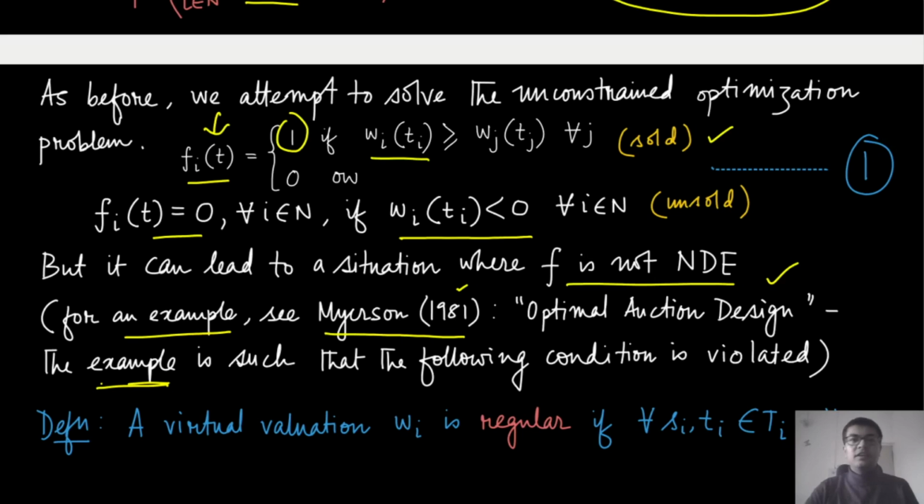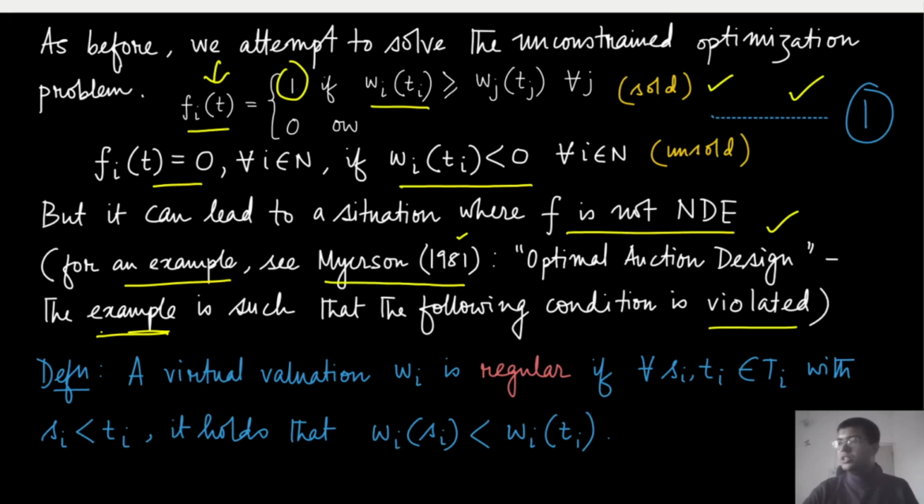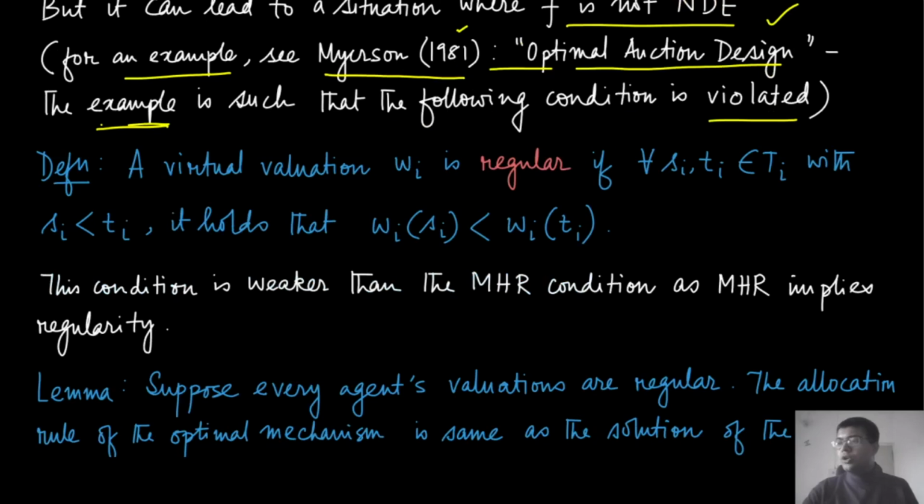the unconstrained problem, is that the following condition that we are going to define, regularity, is going to get violated. So let us come to the regularity condition and see how you can construct an example of f_i which violates that condition but still can satisfy condition 1. In general, this should be a must-read paper if you are really interested in understanding more about optimal auction design. So the virtual valuation, we are going to define a virtual valuation to be regular if it